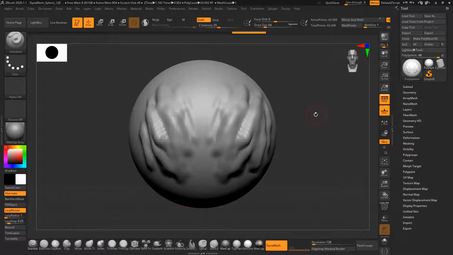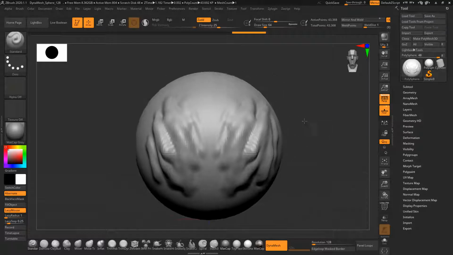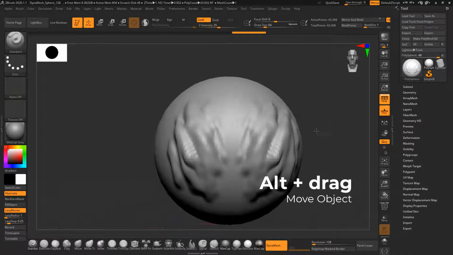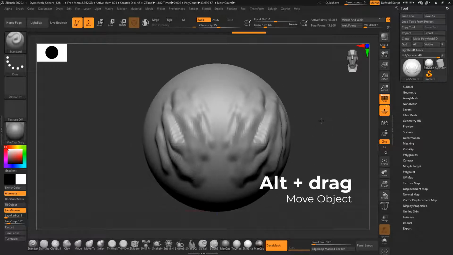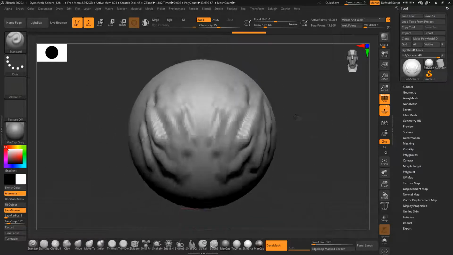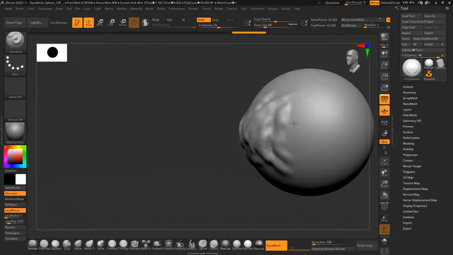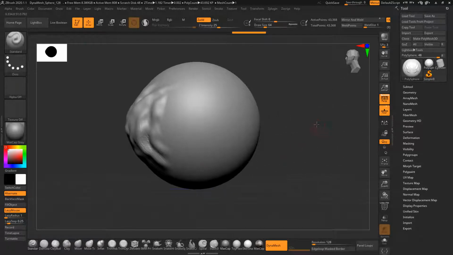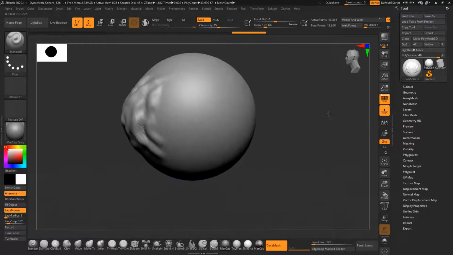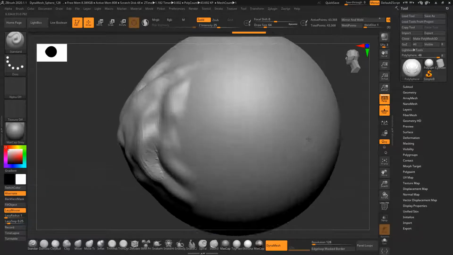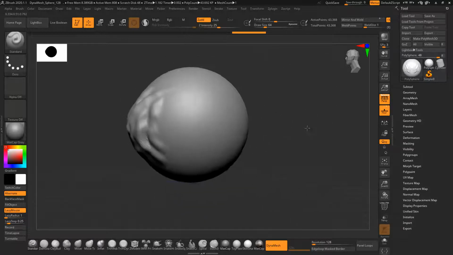I can also pan: you just have to hold Alt and drag, and you can pan and move the object. When you release Alt while dragging, it zooms in or out of the model. Again, press Alt, move the object, and release Alt while dragging, so it zooms in and out.